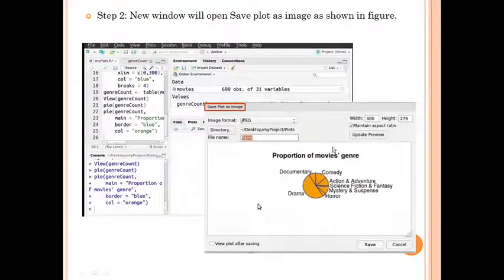Then this kind of pop-up will appear, Save plot as image. We can select the file format or image format here. Also, in directory there is a path, which is by default our set working directory. We can change this. We can give the file name. We can adjust the height and width of this plot, and then we can save it.